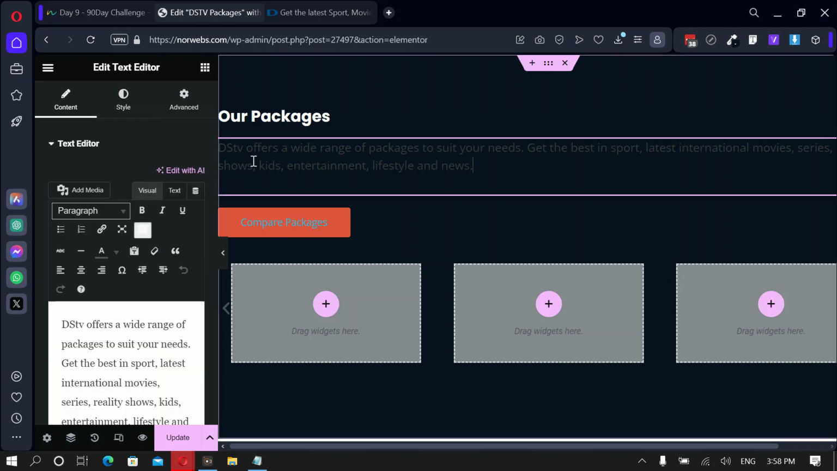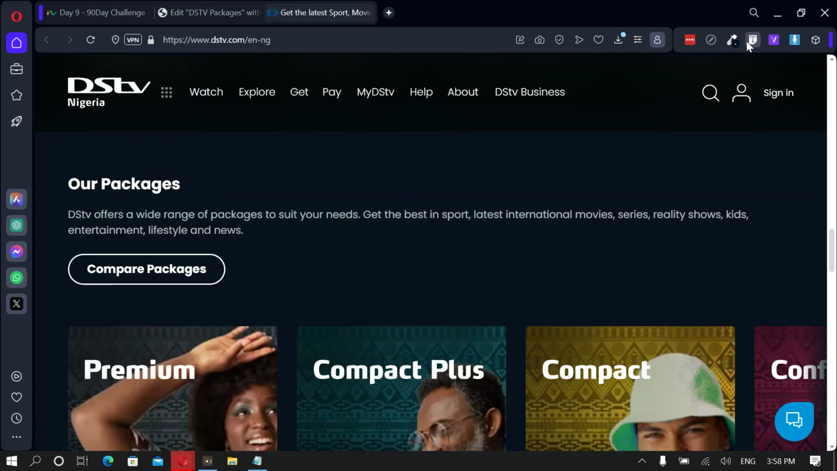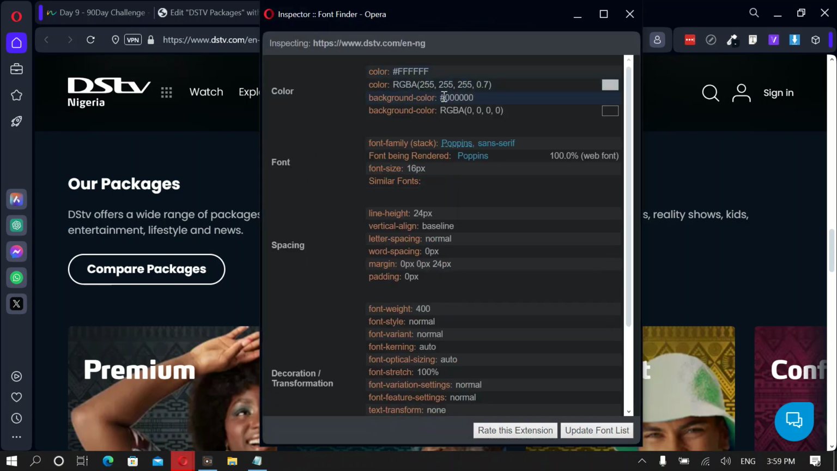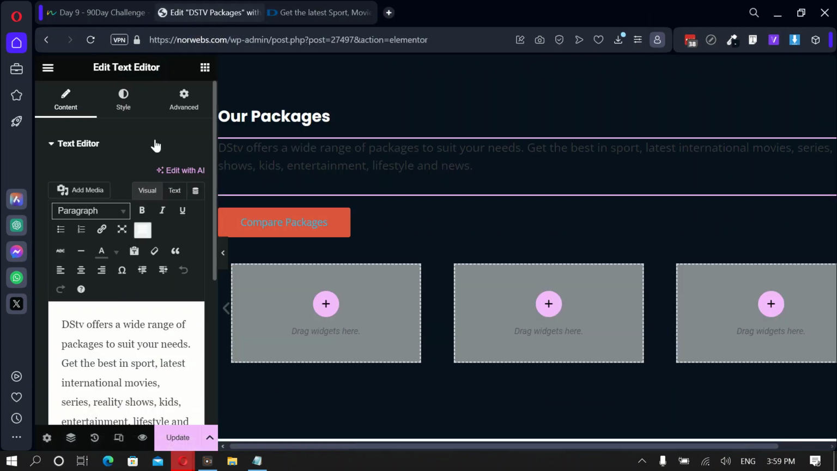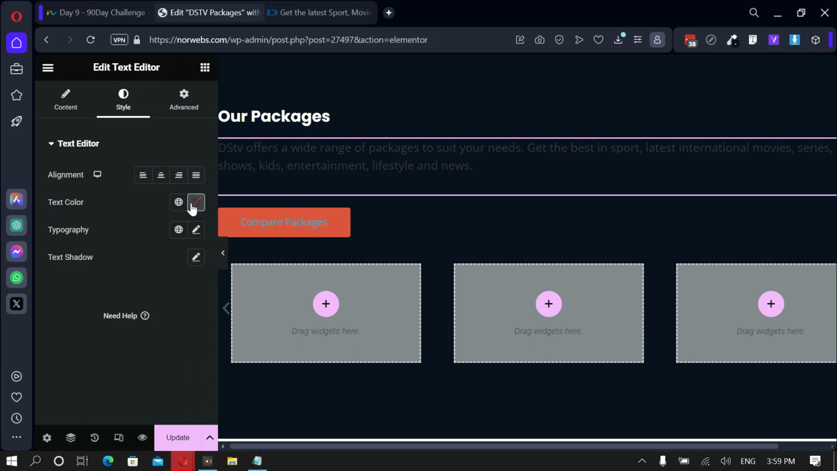Okay, so we go into this one, the paragraph. On the paragraph, the color, of course, is a pure white with a transparency. You can see it here, 0.7. So let me get the hex. Okay, let me go back here and paste the color. I just copied. All right, then